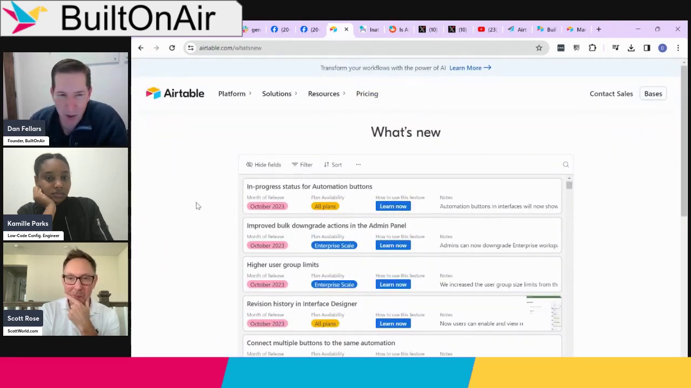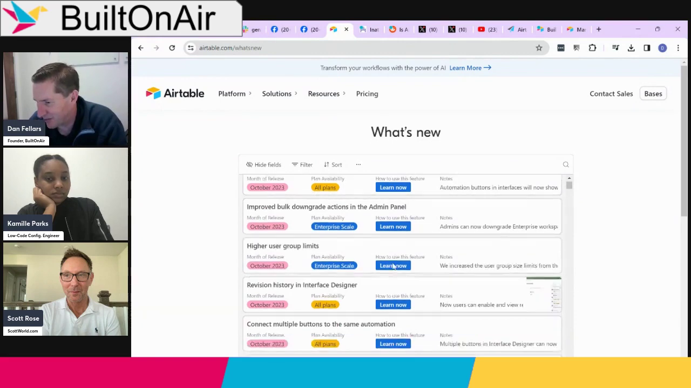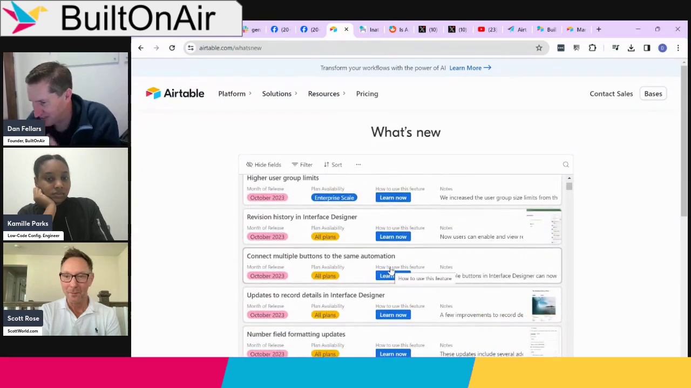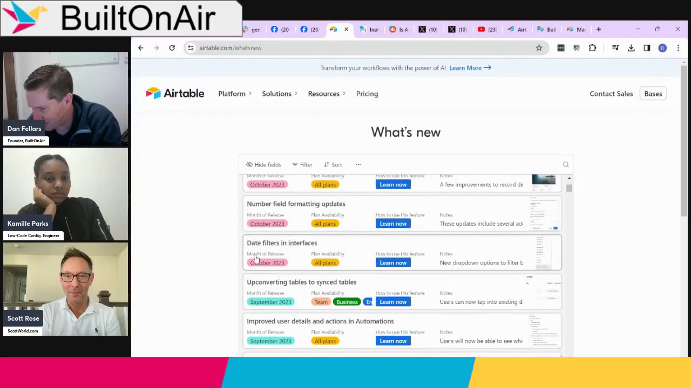So this is also just kind of a recap of things that came out that Airtable actually mentions. There's a page, airtable.com/what's new. You can also subscribe to this base to get notified whenever they add to it. But there's a couple things in here that I don't know if we talked about all of them on previous shows. So there's actually quite a few in October,